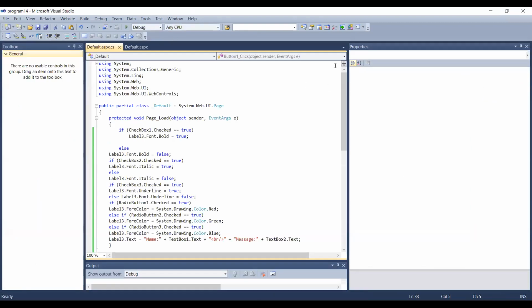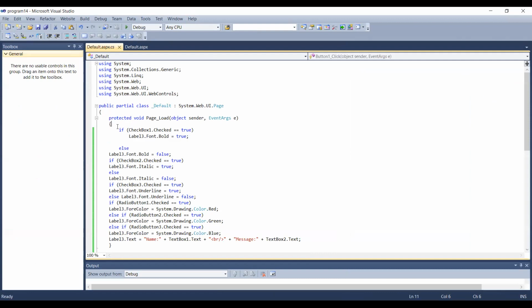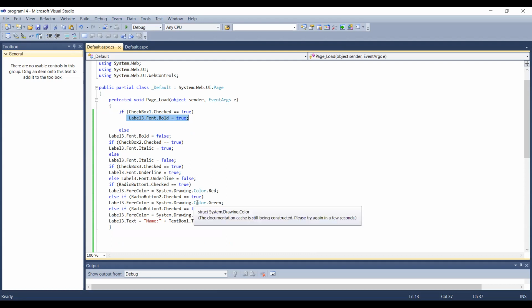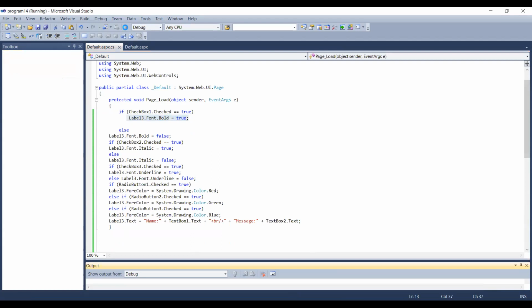I'll try to explain this coding part. See what happens. We have three check boxes, and initially all the check boxes are false. When you select a particular checkbox, it will become true, and it will dump a message in label 3. So the main contents are going to be displayed in label number 3. We'll run it and then I will explain the code and how it works.